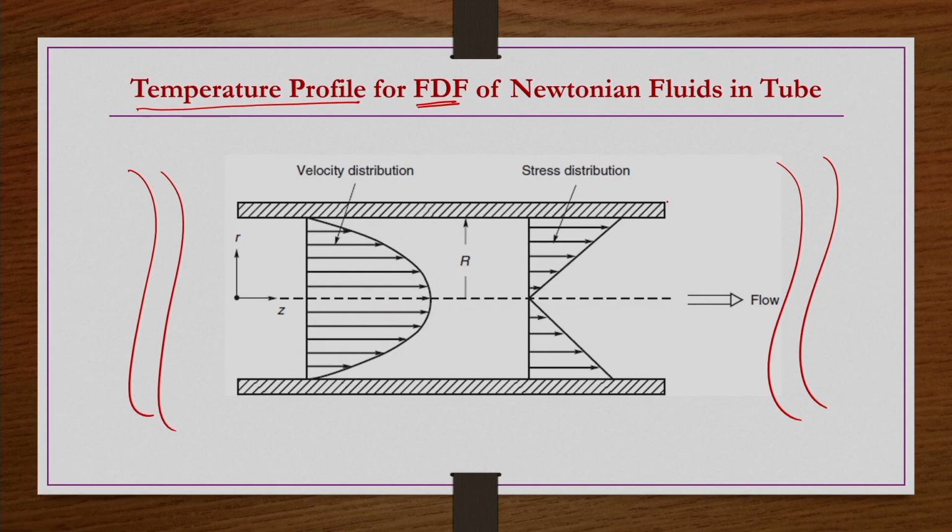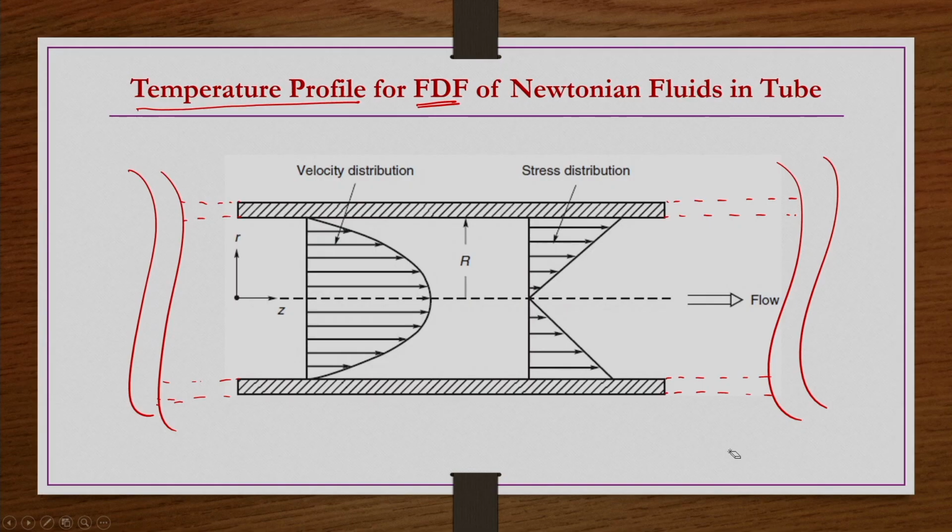isothermal conditions, where we tried to obtain the velocity profiles for power law fluids, and then we substituted n equals 1 and got the velocity profile. So, that we know actually, but we have to revisit it here. Since we are finding the temperature profile from the energy equation, there is a velocity term, so we must know the velocity profile for the given geometry.